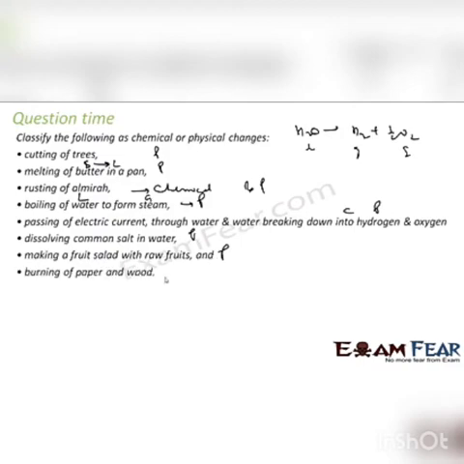Burning of paper and wood. There is a burning, that means paper is converted to heat energy. There is a chemical change. Also, paper is now not there, right? It turned to ashes. That's also a physical change. Correct? So with that you can visualize what is physical change, what is chemical change.